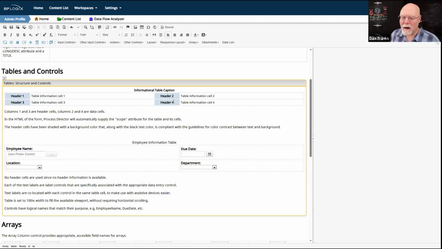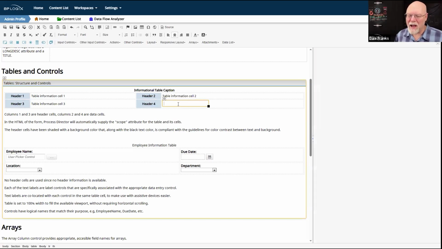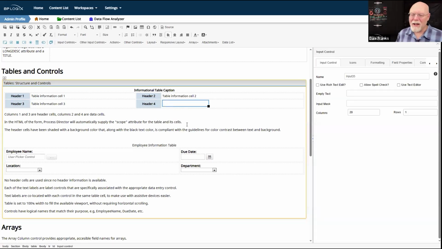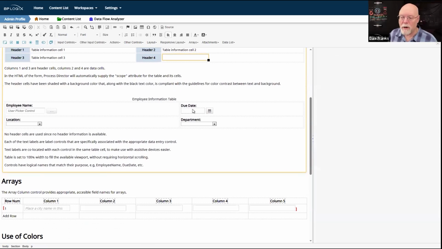Back in the day, I always used to use this sort of format for putting my labels in, and then in this cell, I would put in a control, right? So this would be like last name, and then I would name this control last name. And I would think, hey, that looks really cool. I've got this great design. But I don't do that anymore, haven't for several years now, because of a very important accessibility consideration.